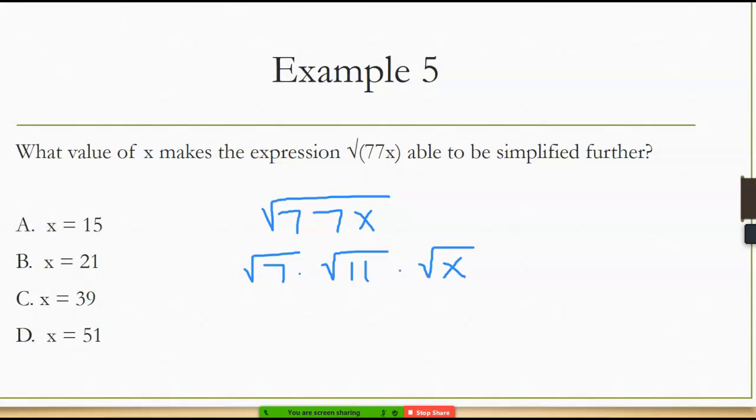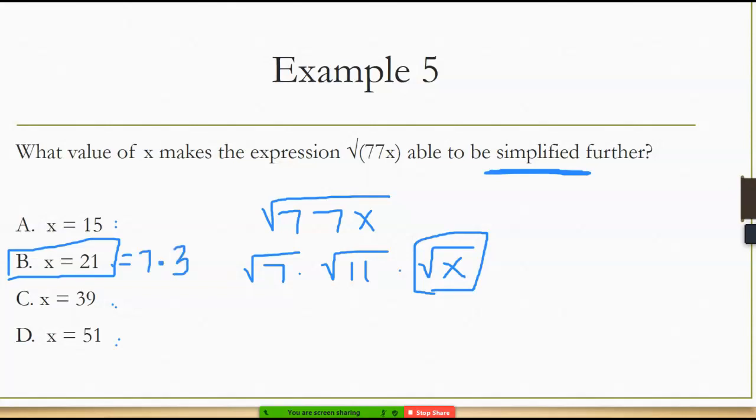So it asks, what will make it be able to be simplified? You want to find a value of x that either has a multiple of 7 or 11. So take any of these numbers in A, B, C, or D, and divide by 7 or 11. Madison? Yeah, letter B, because letter B is really 7 times 3. So if you replaced x with letter B,